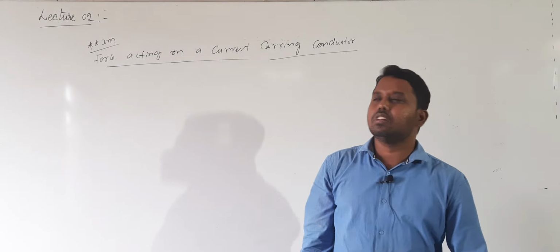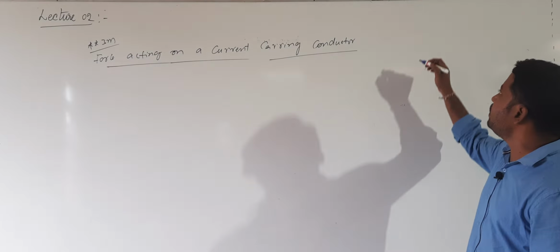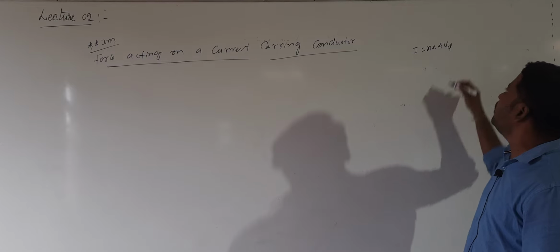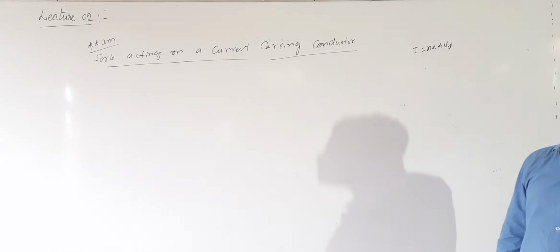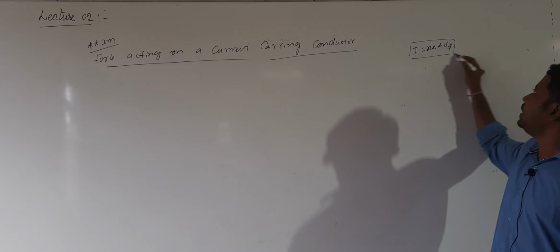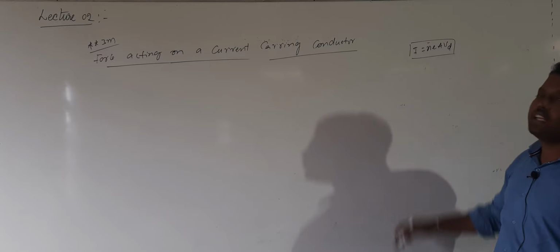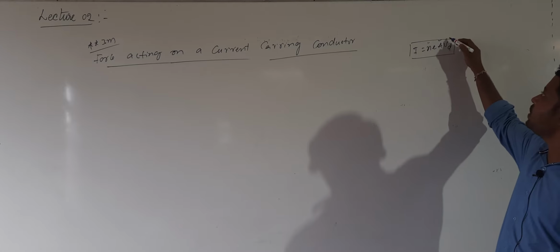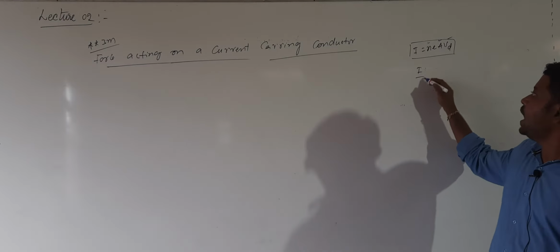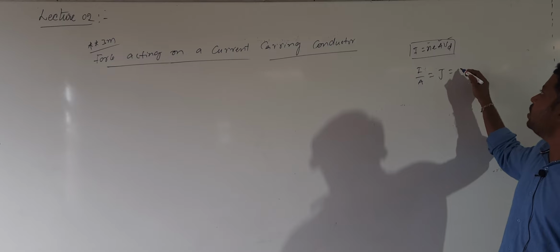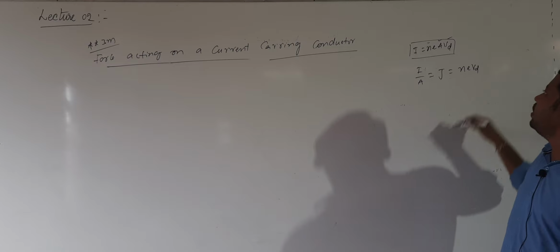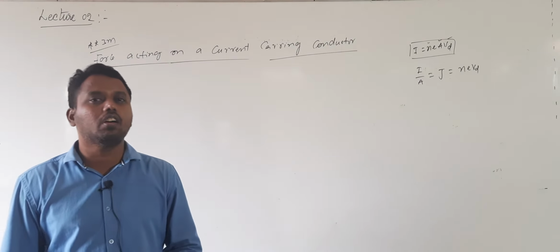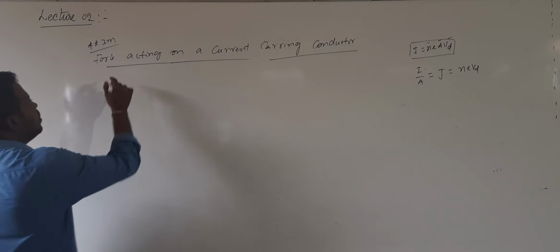To derive this, it is related to the relation between the current and drift velocity: I equal to n e A Vd. Can you remember? In current electricity, we studied this relation. What is n? Number density, the number of free electrons per unit volume. e is the charge of each electron, A is the area of cross section, Vd is the drift velocity. From this, I by A which is equal to J, equals n e Vd, where J is called current density. Current is a scalar, but current density is a vector quantity. Now what do I want to derive?